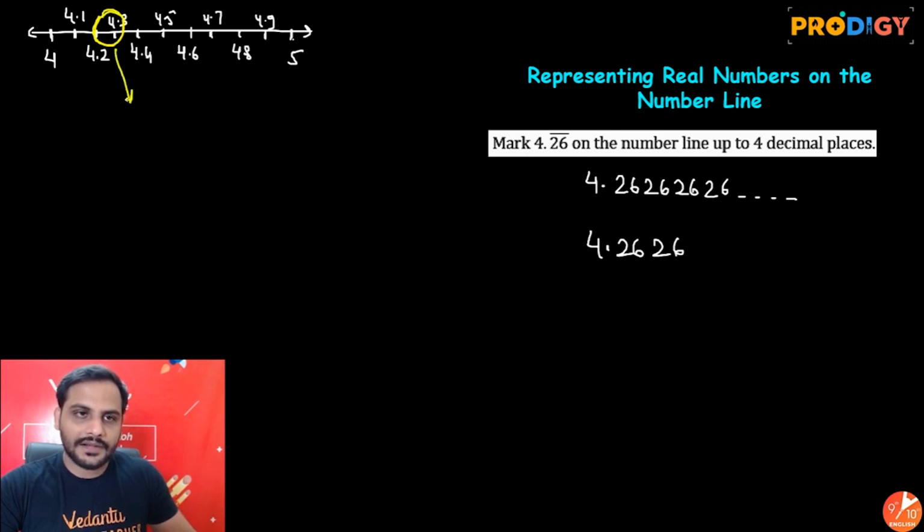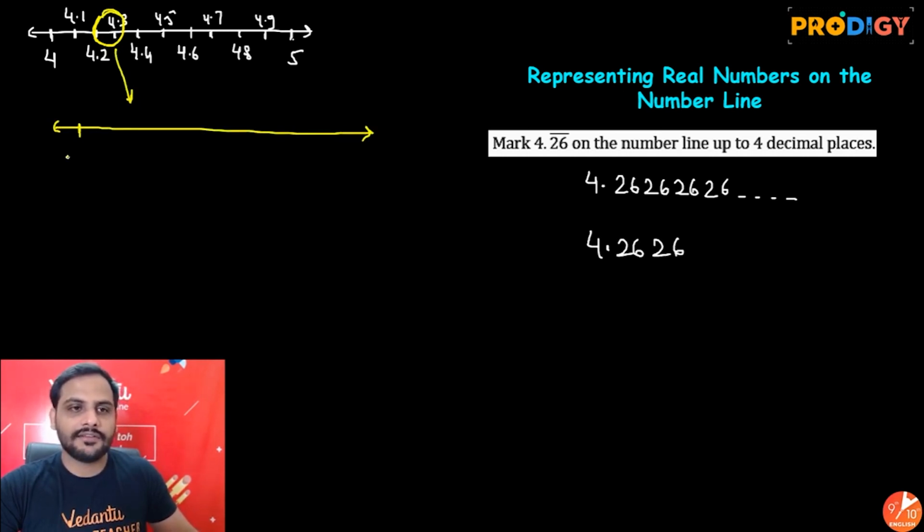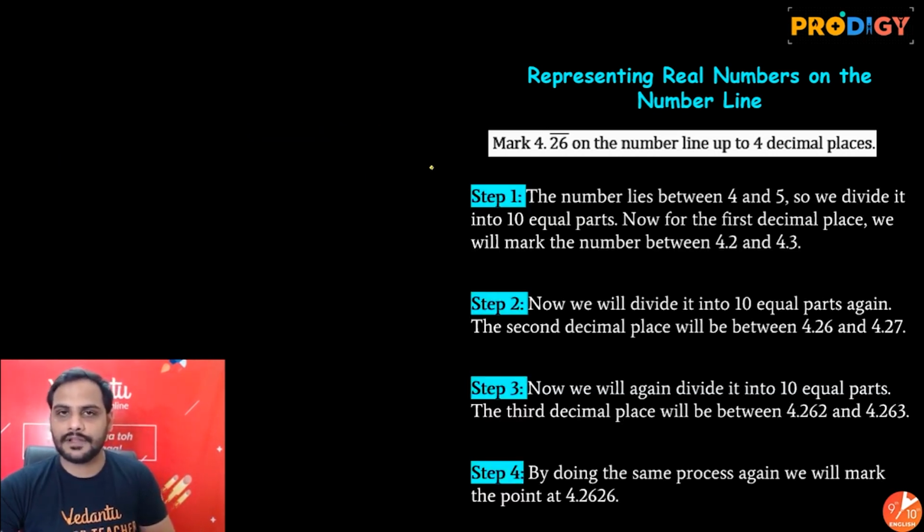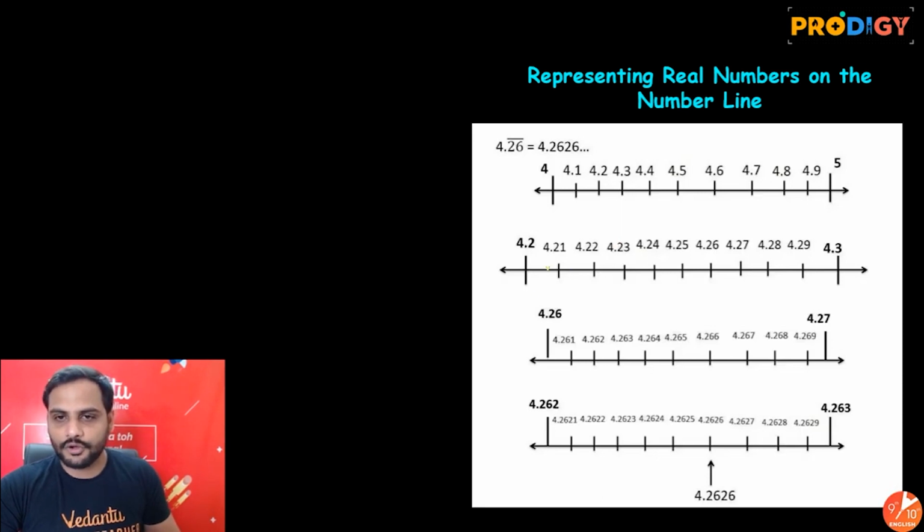So this part we will zoom again. Alright, so here I will say we have 4.2, here we have 4.3, and it means we have here 4.21, 4.22, 4.23, 4.24, 4.25, 4.26, 4.27, 4.28, 4.29. Okay? So suppose here 4.21, 4.22, 4.23, 4.24, 4.25, 4.26, 4.27. Now look beta, I want to find out